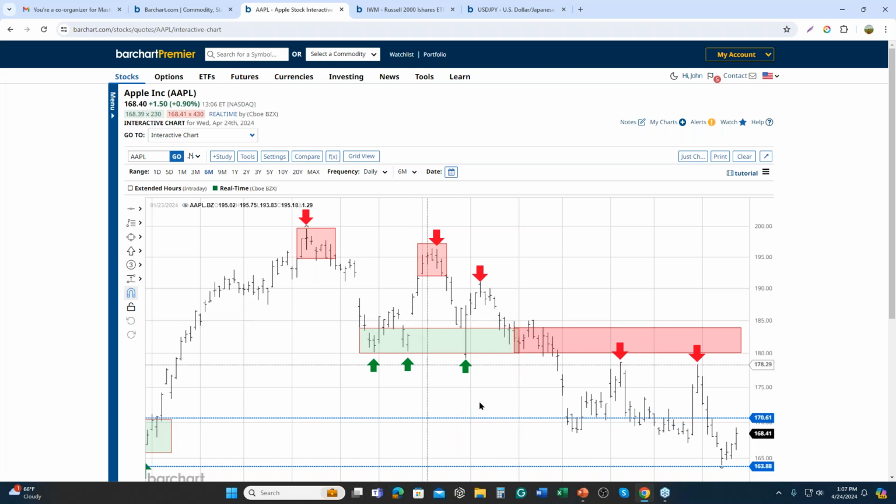And again, there is that concept of, here we see price fell and found a level of support, and then price came back to it once, twice, and then the third time broke through it. And you can see that it went from a level of support and now is a level of resistance. If we go back to the Chevron example,